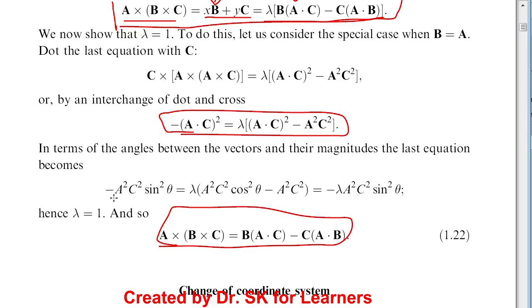So if you expand it like this, you'll know that lambda has to be 1,